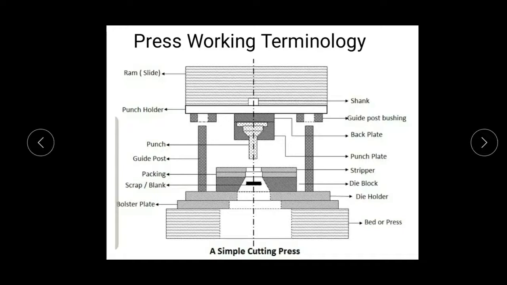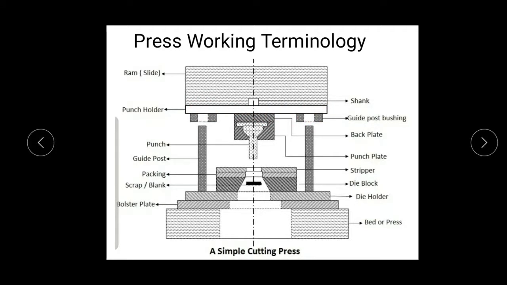The next part is punch holder. You can see this is a punch holder. So punch holder, this is the upper part of the die. It is the upper part of the die set which contains guide post bushing. The whole upper section generally consists of punch plate. So the whole upper section of die set is mounted on the upper shoe. Here this is a punch holder.